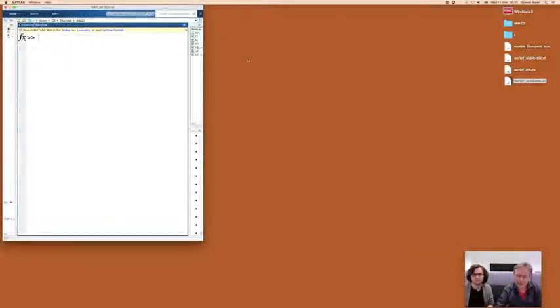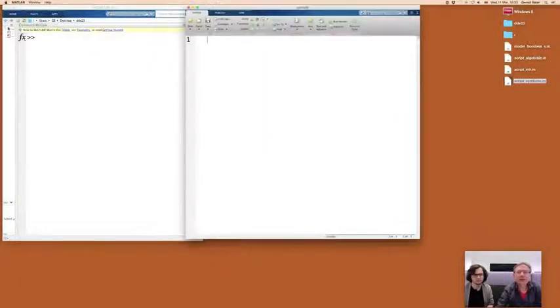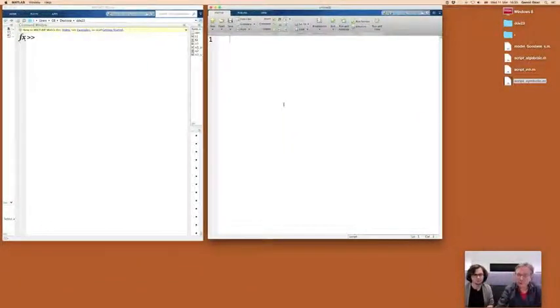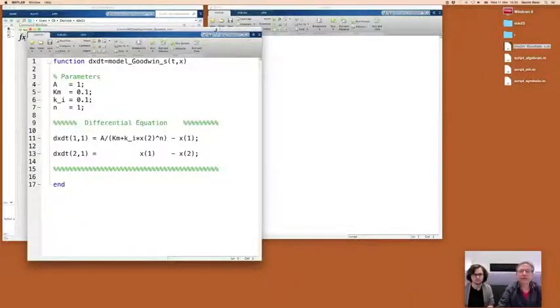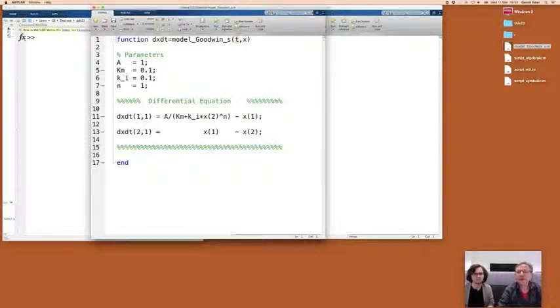So it's something that we want to do, and I'm going to do that by starting a new script file. And we want to develop a script file that allows us to look at the evolution as a time course. So for those who have done the previous sessions, for example, the model toggle switch, know how to do it. And we have actually prepared a model on our desktop. So if I, rather than writing it, just open it, we'll have a look first at what